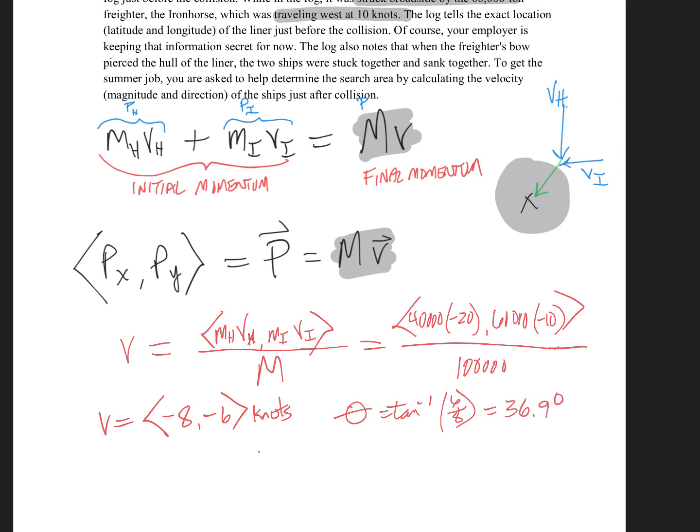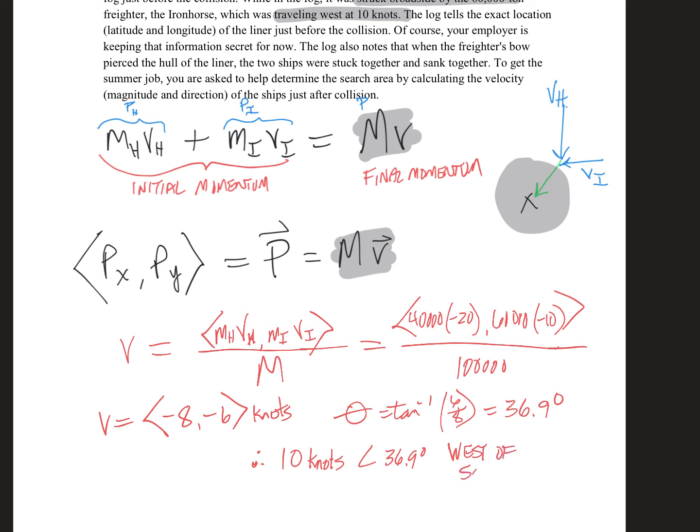And so this works out to be, therefore, if you did the magnitude of that vector, you would have 10 knots at 36.9 degrees west